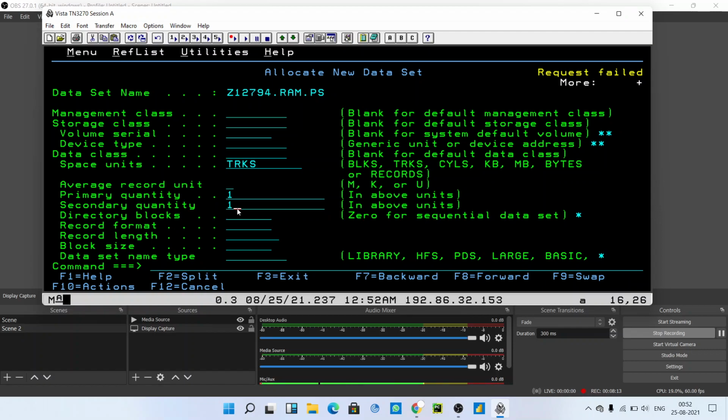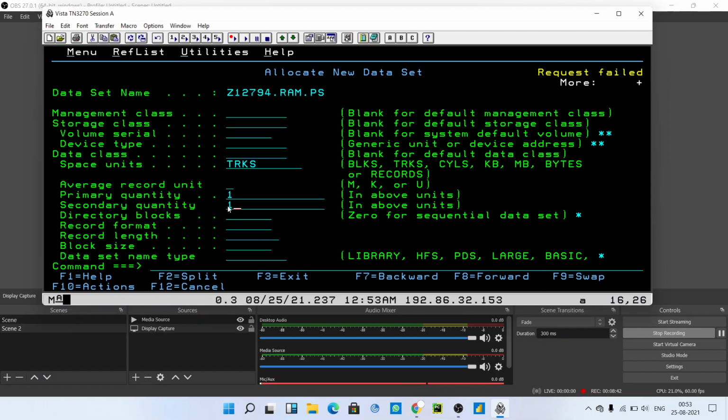If you fully use that, again you will get secondary quantity as 1. If you use that also, you will get again 1 as a secondary quantity. So this is how it is. It will allocate the space up to 15 extents. So total size is 1 extent of primary quantity and 15 extents of secondary quantity.